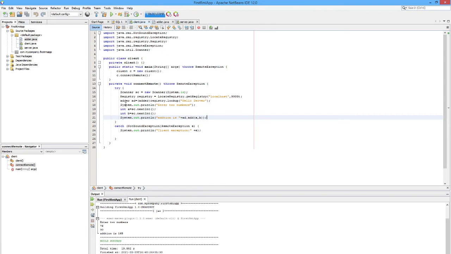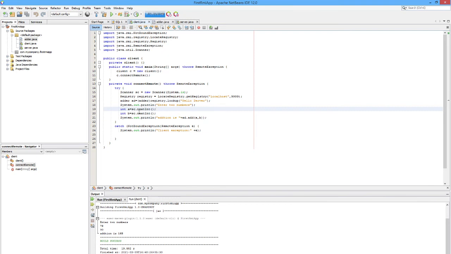Then Adder is an interface. You can create an object of that interface: Adder add = registry.lookup. Here it searches the registry for HelloServer, because HelloServer was already created by the server and stored in the registry.